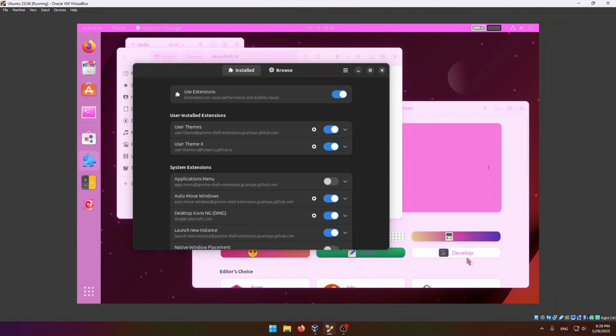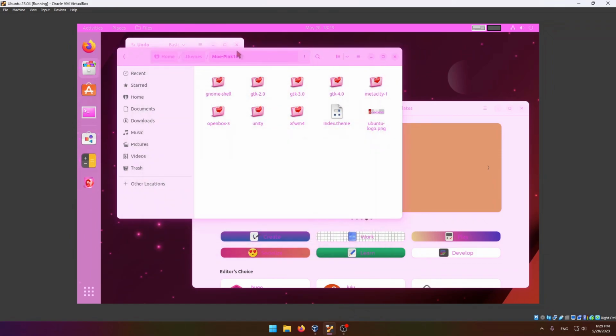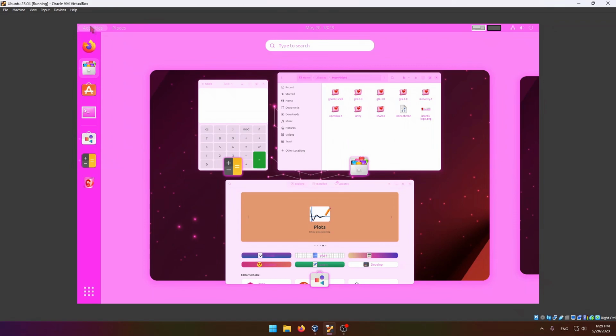Hi guys, quick update on Ubuntu about GTK 4 applications. To enable them, first of all install GNOME shell extensions. You will also customize the GNOME shell. Then go into GNOME Tweaks,